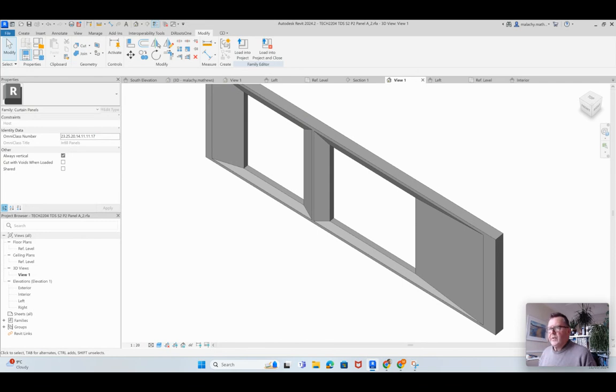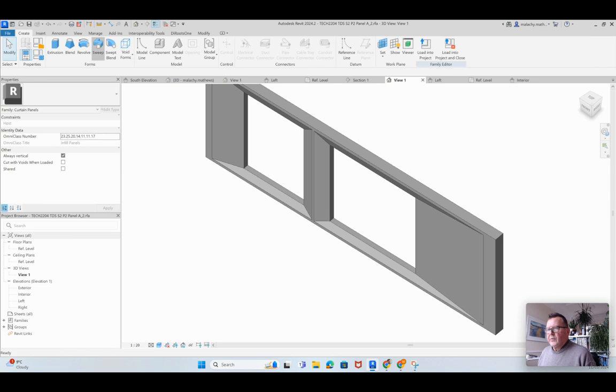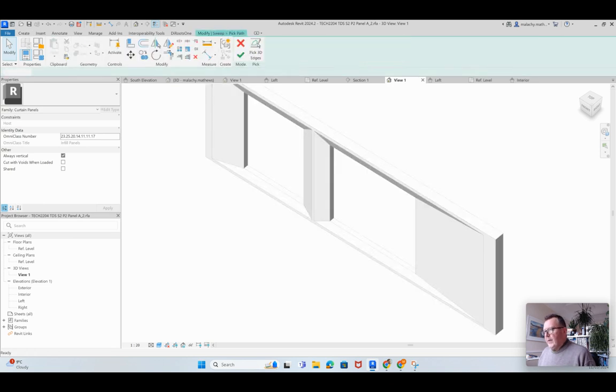Now, what we want to do here now is we want to create our window on this. So I'm going to show you to that. We're going to go to create. I'm going to do a sweep. So we pick a path and we start off with the lower one, which gives us the reference plane to draw the profile shape of the,